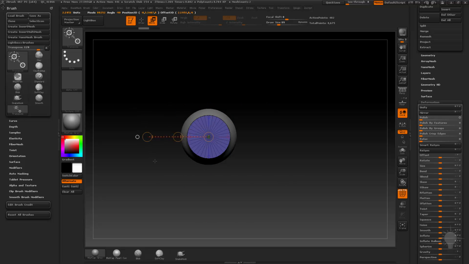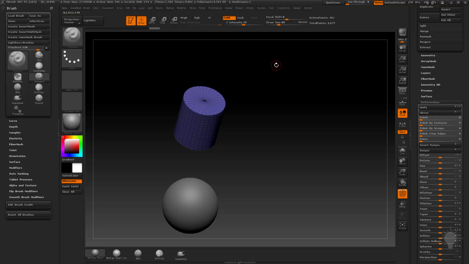If I hold down shift, that'll snap to angle increments. So I can tap on my object, hold down shift, drag it straight this way. And now if I want to move it in this direction, I can hold down shift, grab the middle one, and just move it that direction. So now transpose is one of those